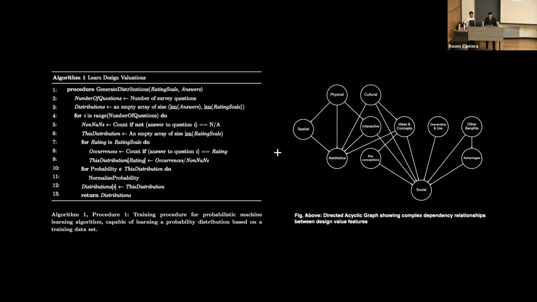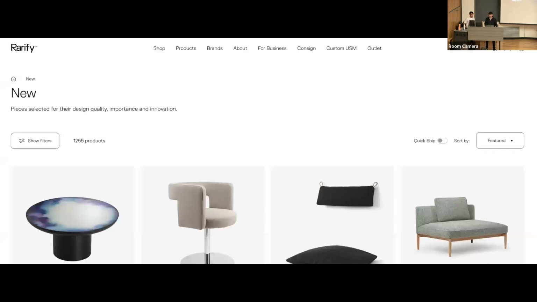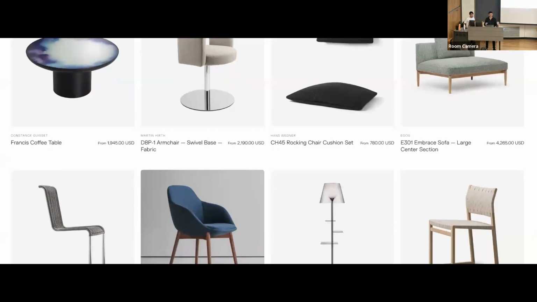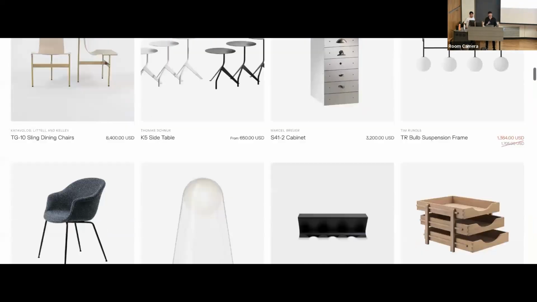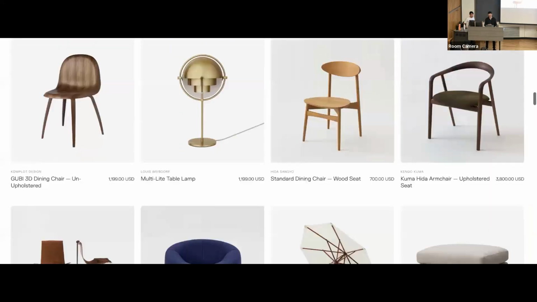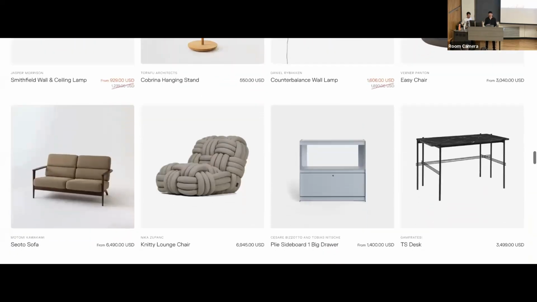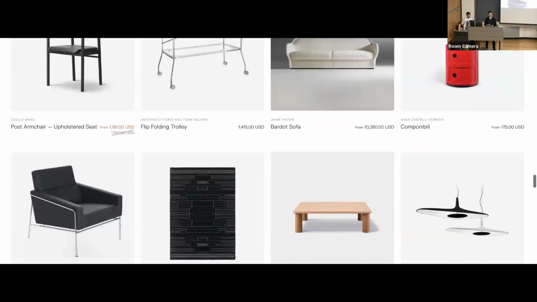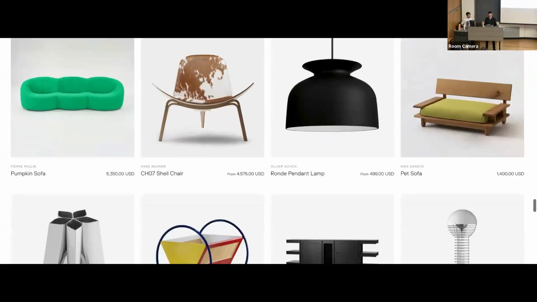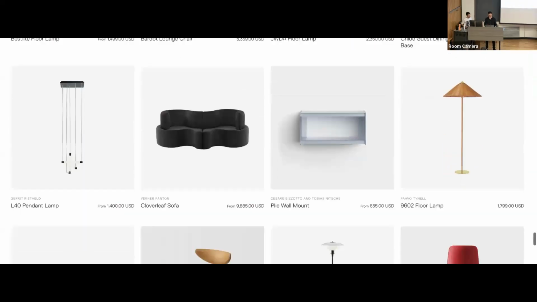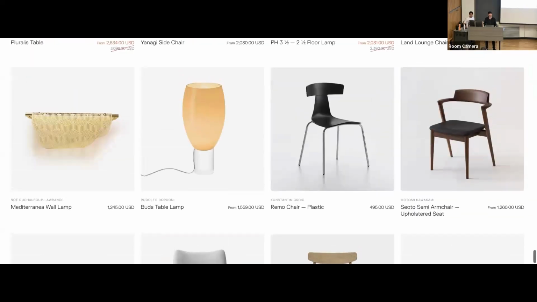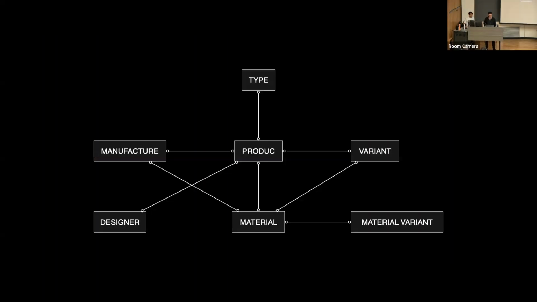So, what does this all mean for Rarify, and how does it inform our work today? Well, as we'll go into a little bit more detail later on, it turned out that running a furniture business, especially an e-commerce business, is a lot like conducting research in the world of big data and design. On a day-to-day basis, we're working with data representations of furniture with metadata, images, and large quantities of it all.